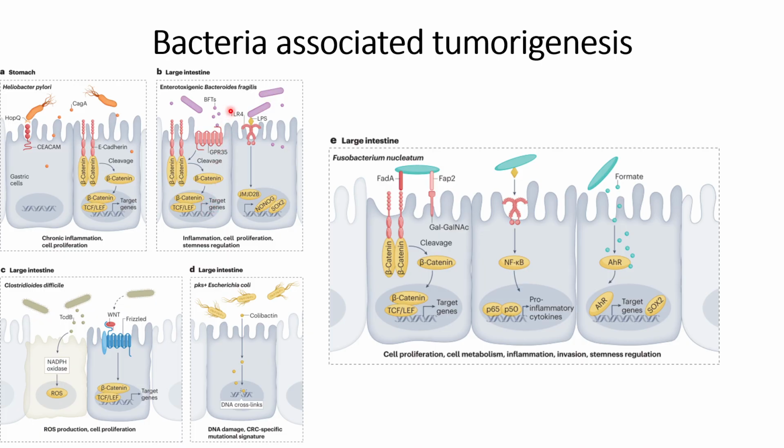Those target genes help the cells upregulate NANOG or SOX2 kind of genes, which help in cell proliferation, inflammation, and also some of the stem cell transcription factors are upregulated, which results in stemness